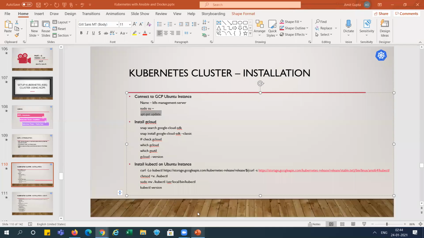Now we need to install gcloud using the below command.